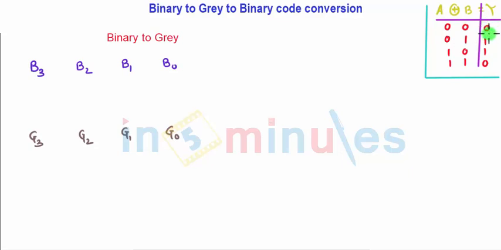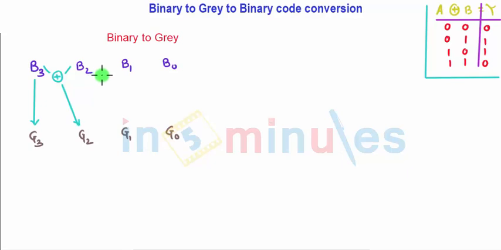So let us start with the binary to gray code conversion. So here is a 4-bit binary code, that is B3, B2, B1, B0, which is converted into 4-bit gray code G3, G2, G1 and G0. So the first bit while converting binary to gray is taken as it is. So G3 bit will be same as that of B3. So I will write G3 as B3. To get G2, I need an XOR operation between B2 and B3. So XOR operation between B3 and B2 will give me the bit G2.